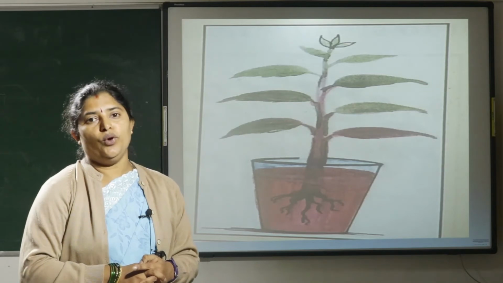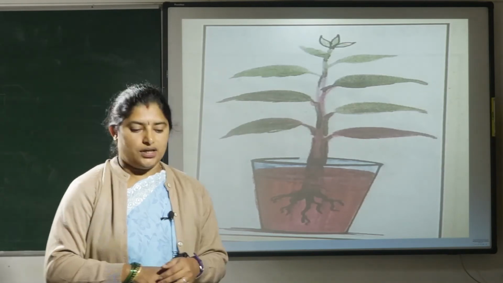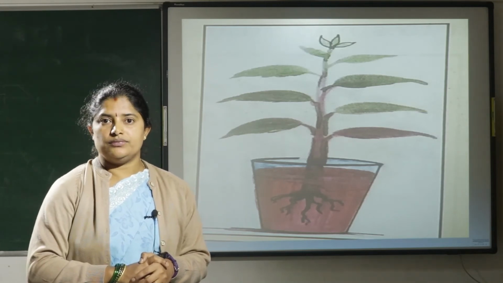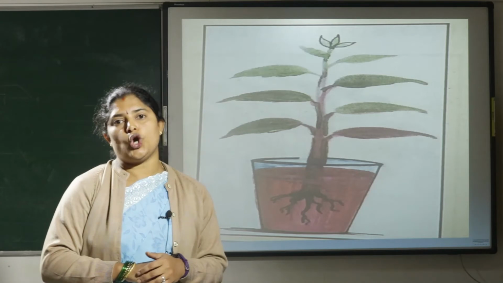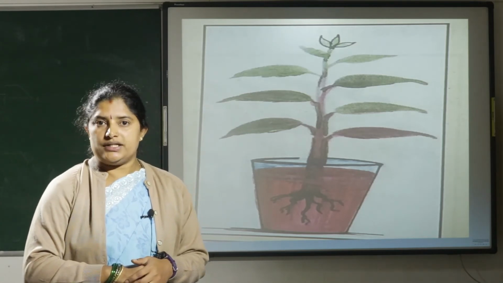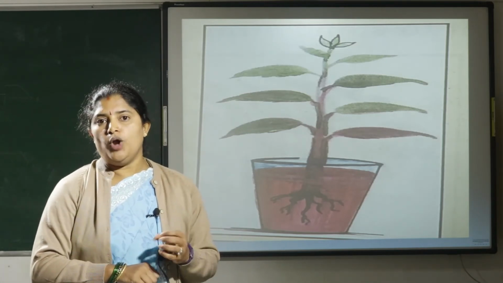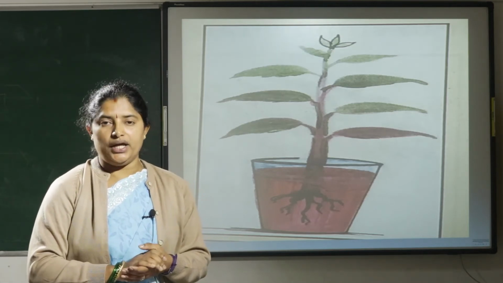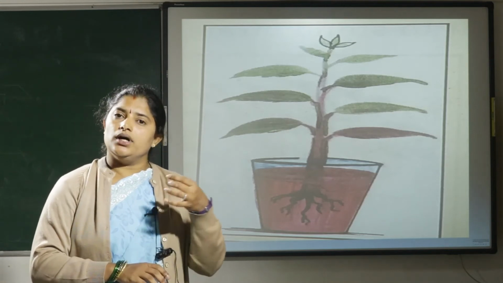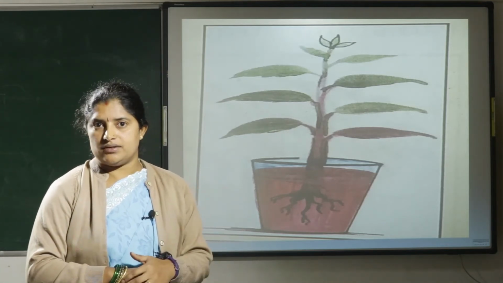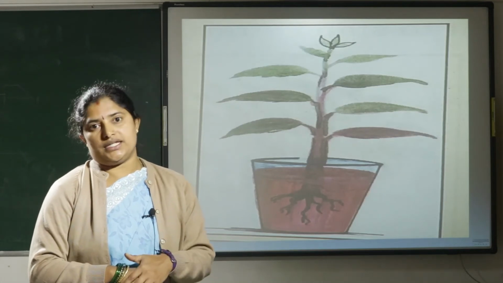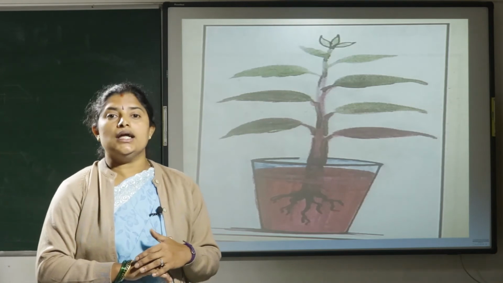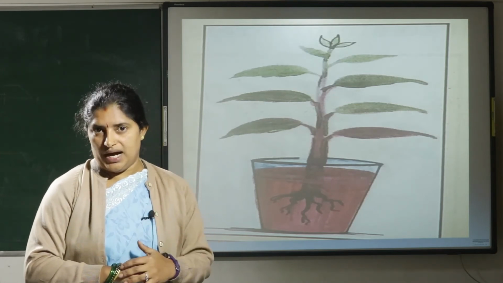For this, I am going to explain one small activity. Take one glass, fill it with water. Then add 2 drops of ink. Later, pull out one blossom plant from the ground and wash the roots thoroughly. Then put the plant inside the glass. You should observe it the next day. What changes can you see? You can see the color has spread to some parts of the plant.